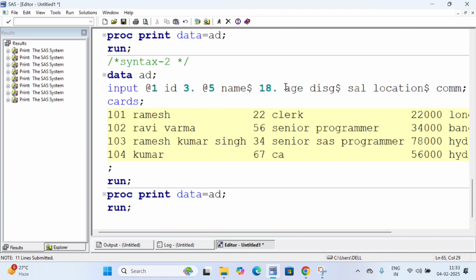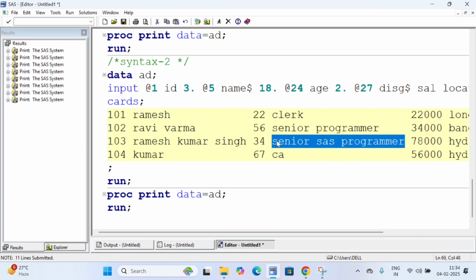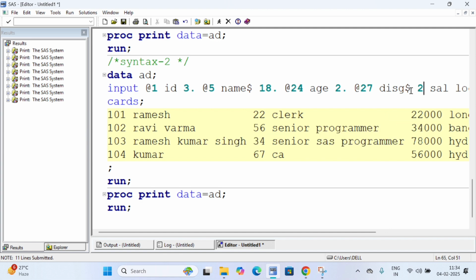Okay, what I'll write, @24, and how many bytes we have? 2 only, no? 1, 2. Okay, so what we will write, 2 dot. Okay, and here designation starting position number is 27, so I will write @27, then space, and how many bytes we have here? 21, so 21 dot. Next, salary starting position is 49, so what I'll write, @49, okay, space, then how many